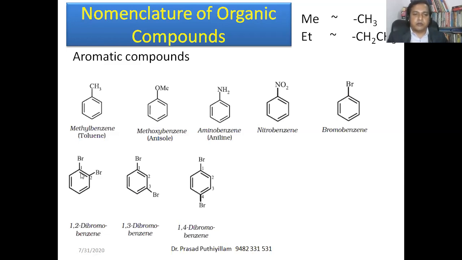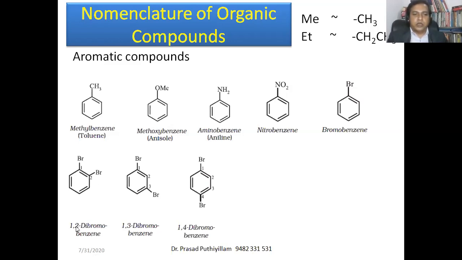1,2-dibromobenzene. Or even we can treat this second position as an ortho group. This is ortho group, this is ortho group, meta group, 2 meta group, 1 para group. That also we'll see later in the coming classes, the ortho, meta and para positions. Here we'll give the number system 1 and 2.